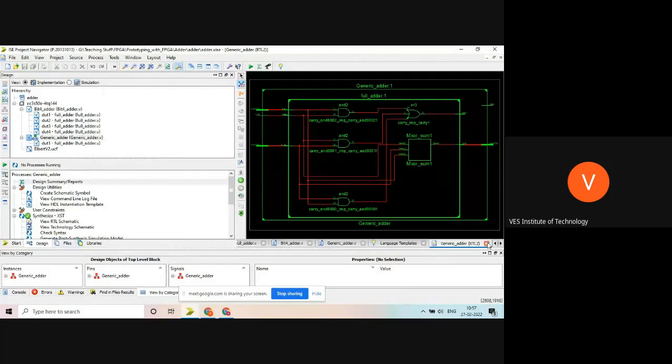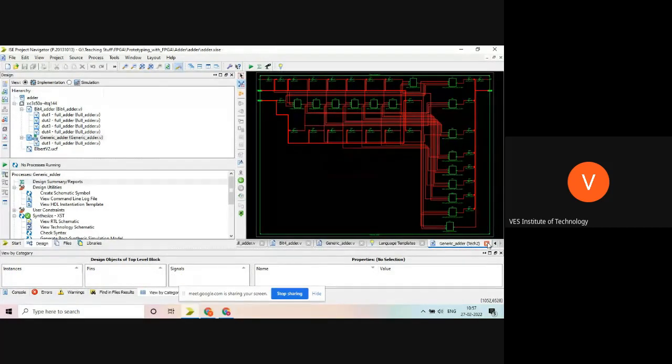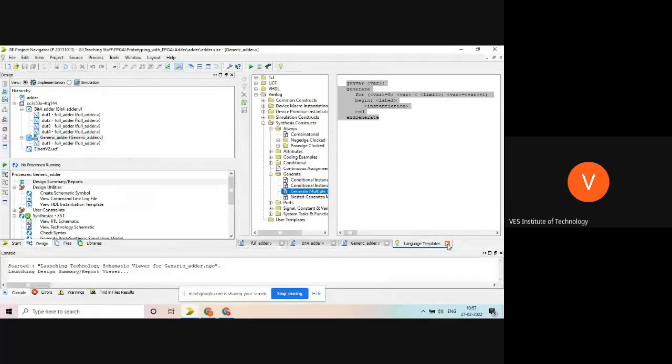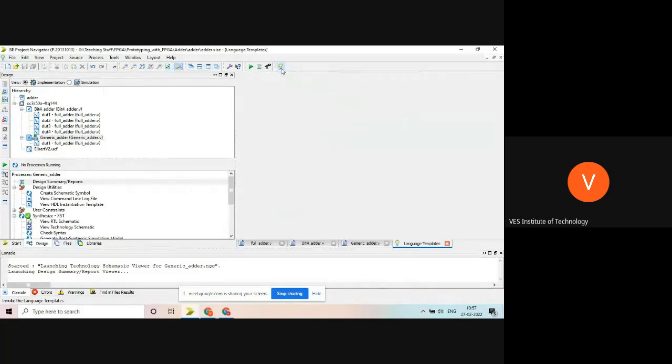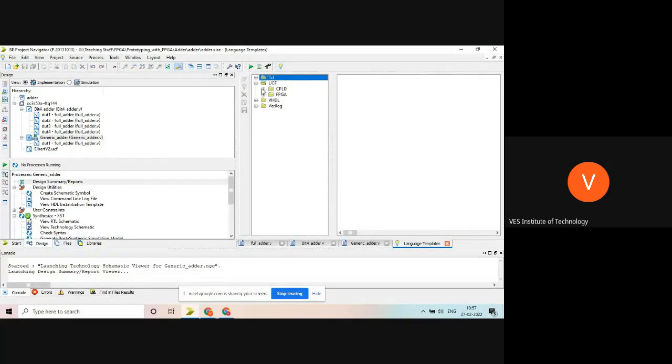Is there any question now? Everyone understood what I did? And please try to use this utility. If you are not able to code very quickly, use it. In the VHDL also, you can write UCFs also. See this, a specific UCF for FPGA is also given. You can find it out.